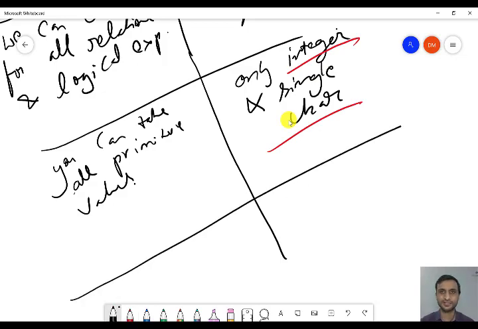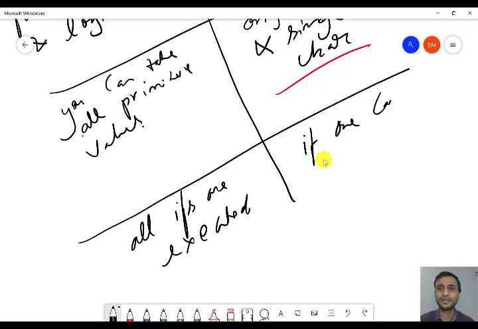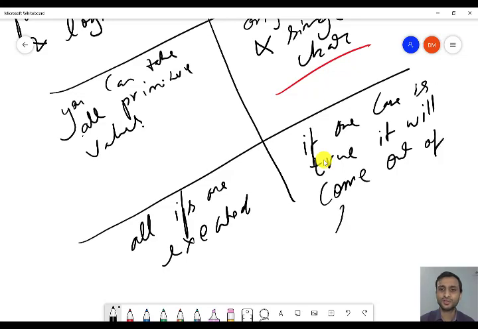And the last difference is the same as in if-else-if ladder. In switch, if one case is true, it will come out of the switch, similar to the if-else-if ladder. But in simple if, it is going to execute all the statements even if one is true. Okay, understood? The three differences or comparisons between if and switch, and one comparison between if and if-else-if ladder.